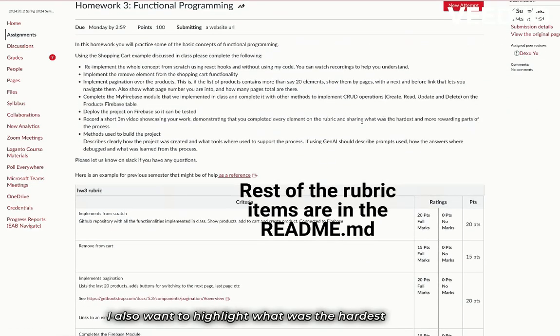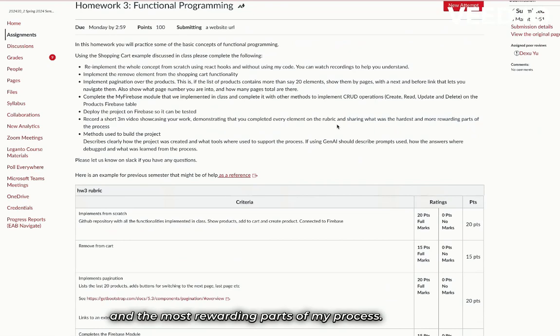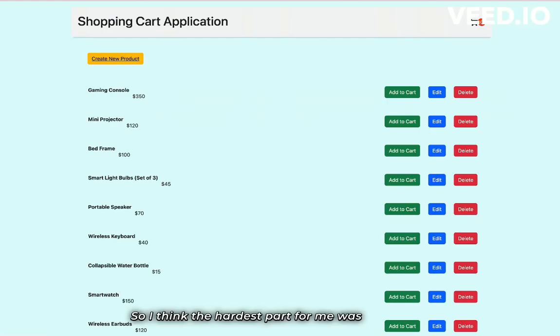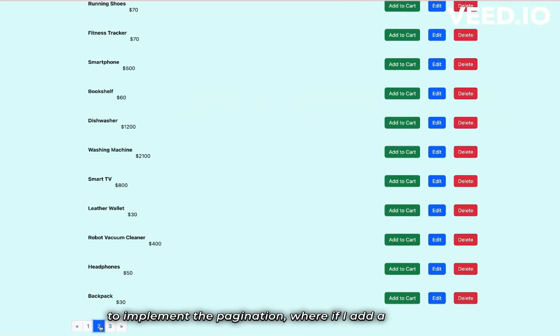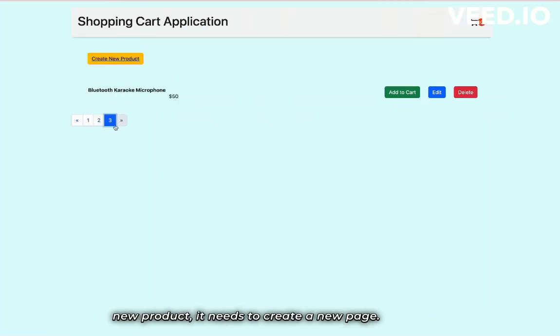I also want to highlight what was the hardest and the most rewarding parts of my process. So I think the hardest part for me was to implement the pagination, where if I add a new product, it needs to create a new page. So I'm just going to very quickly go over how this works, right? So if I have to delete this product,